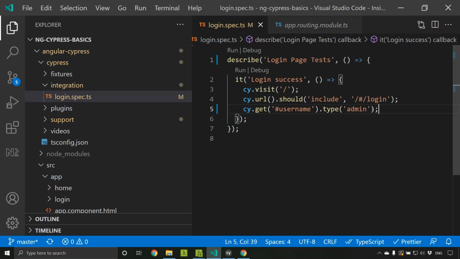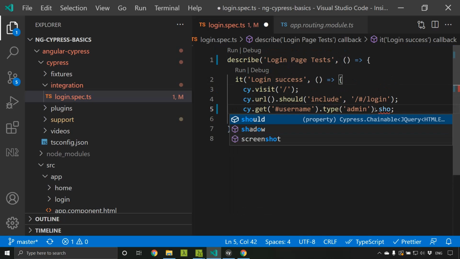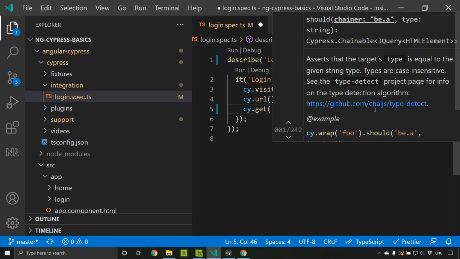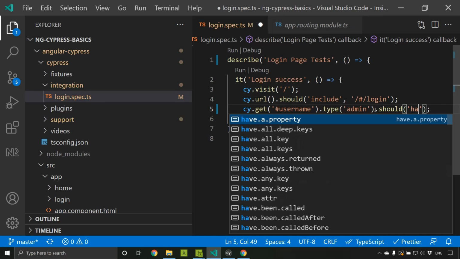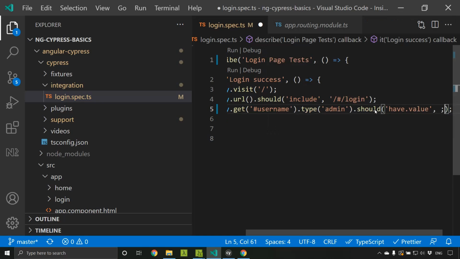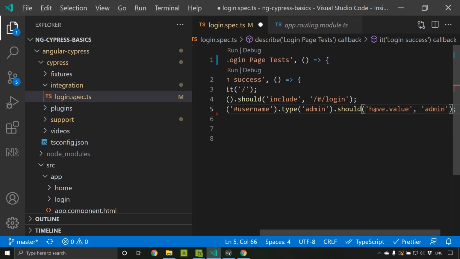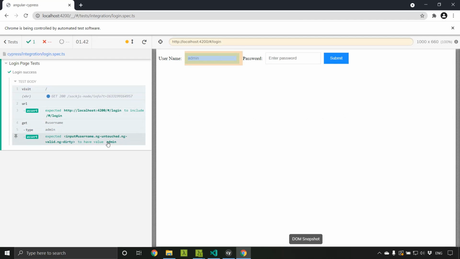So now let's ensure that the value within that field matches the value which we typed in. Here again I am using the should assertion, and I can use have.value, and I can check whether it is equal to admin. Once I run the command, you can see that the assertion is successful because both the values are admin.